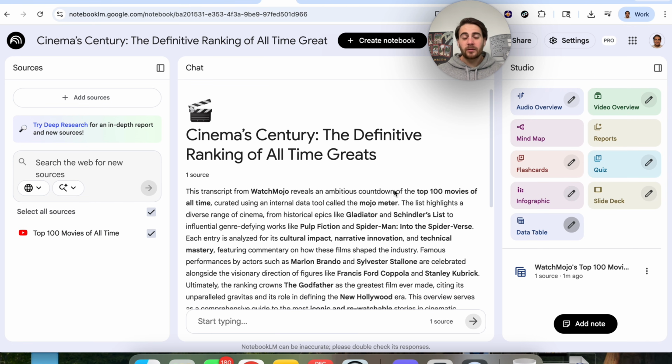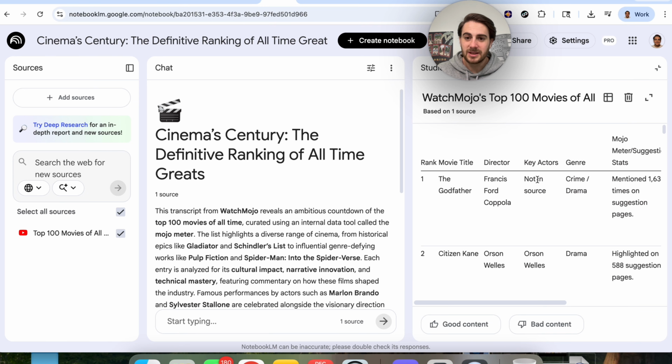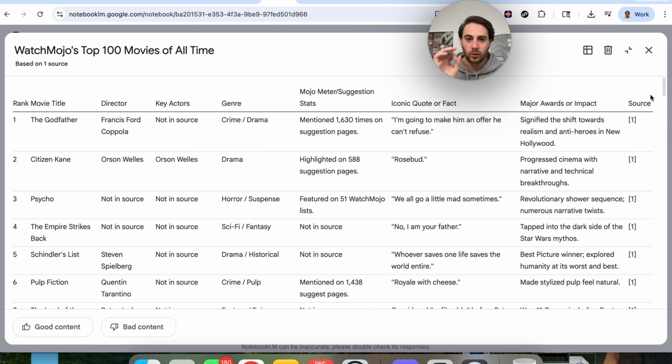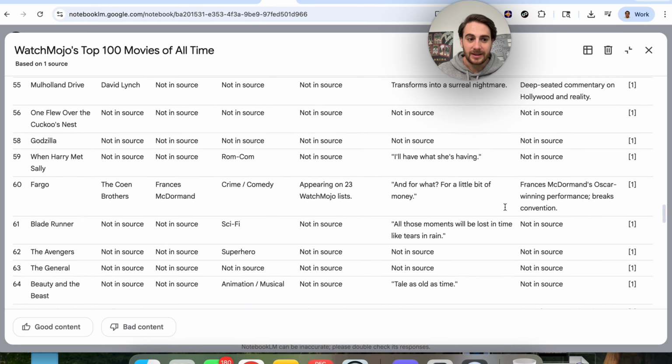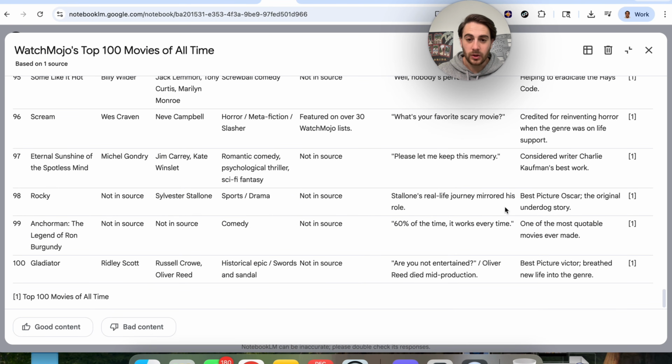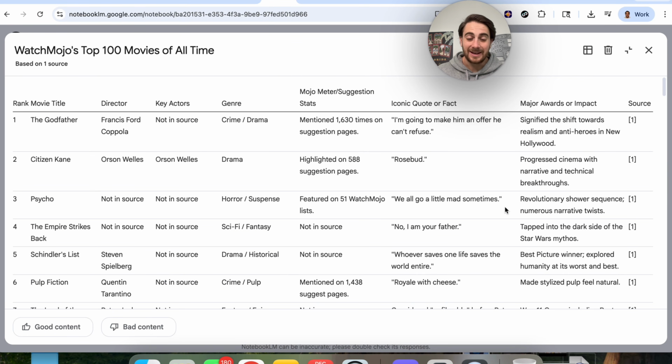Now, if we come back over here, we could see that this is actually done, where this took the top 100 movies of all time and made this into a data source, and this is what this actually looks like, which is incredible. This now goes through, and this lists out all 100 movies of all time. And again, we didn't even ask it to do anything, but this went through and it gave us